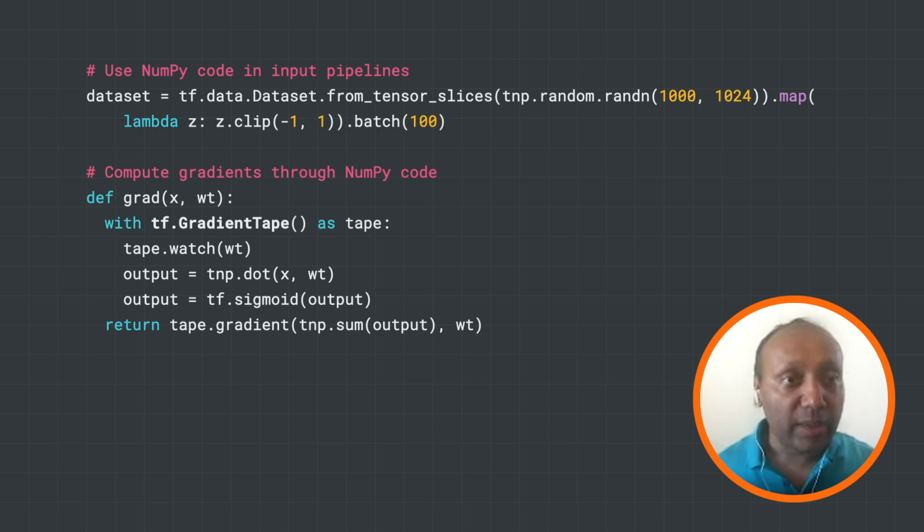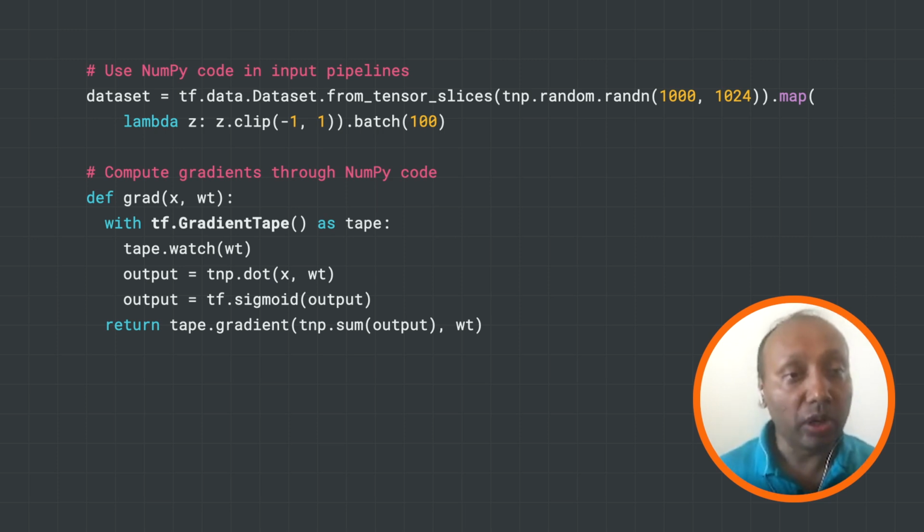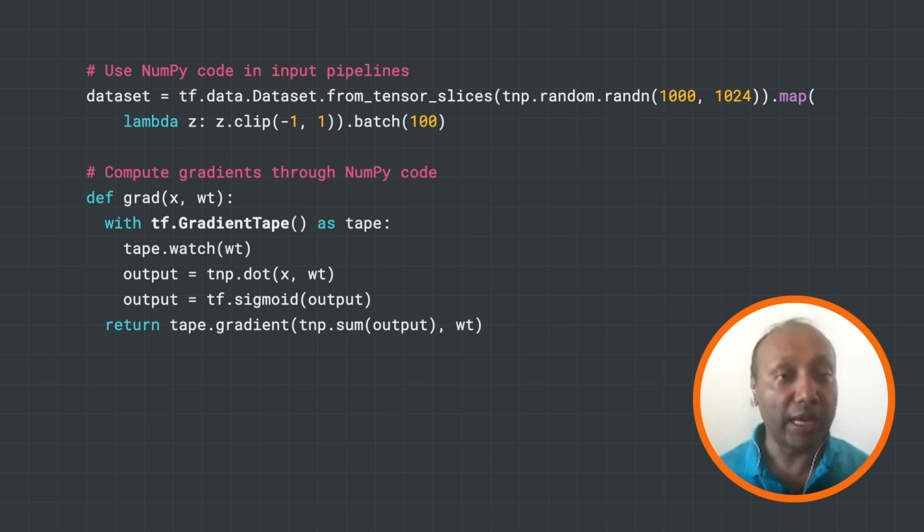We'll work through another example where we take this input and then compute a very simple toy model on it, and then compute gradients. This demonstrates how gradients can work seamlessly through both TensorFlow and NumPy functions. So we open our TensorFlow gradient tape scope. This is TensorFlow's mechanism to define what code the gradients are computed through. We do a watch, and I'm not going into details of these APIs.